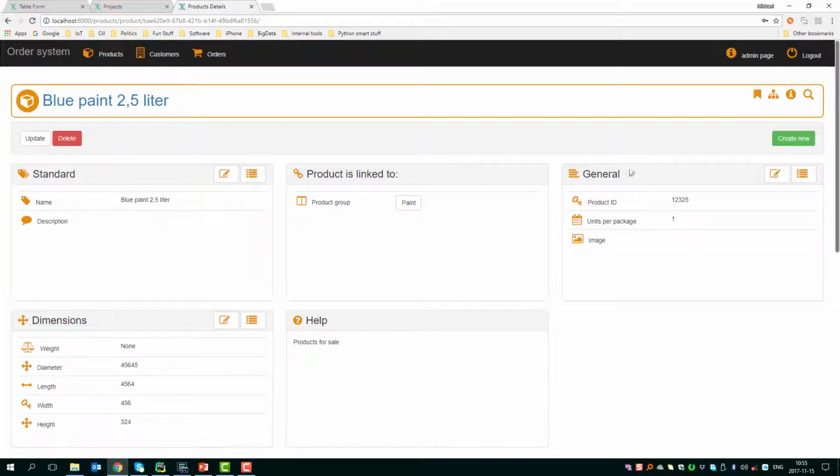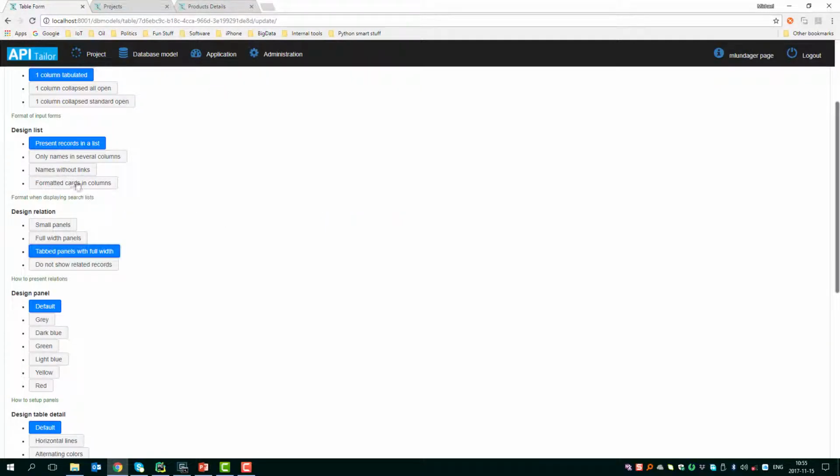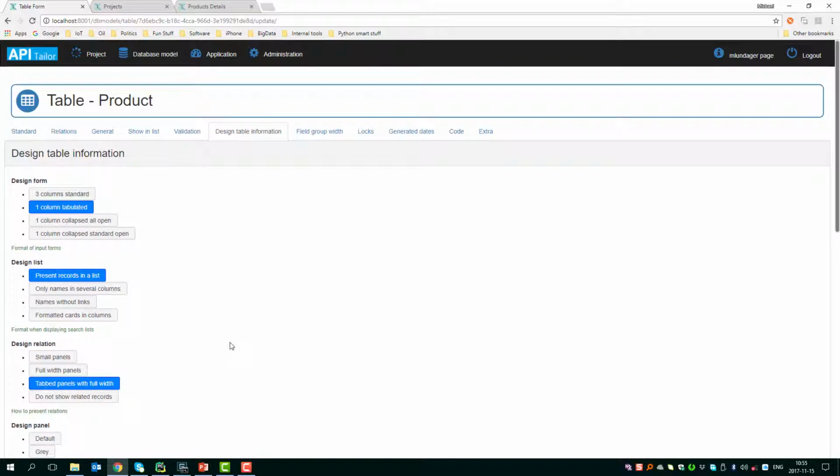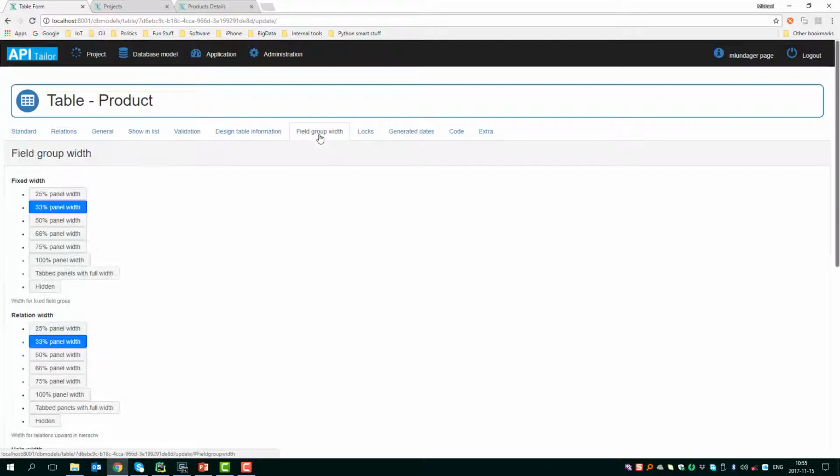The color of the panels on top, let me make those dark blue, for instance. And the attachment display means how to treat attached comments and files and images. And I would like that tabbed as well, just to keep a way of doing this. If I go back to the field group width here,